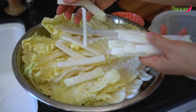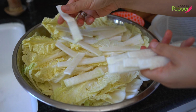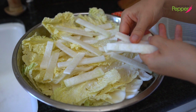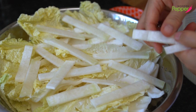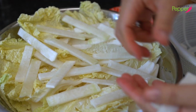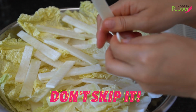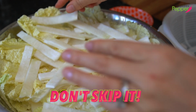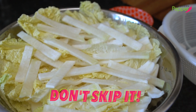And then we're gonna layer the top with our Korean radish. So I cannot emphasize the importance of adding your radish when you make kimchi. A lot of people skip it. If you want your kimchi to taste refreshing, delicious, the way it's supposed to taste, you cannot skip adding the radish. You don't have to eat it, but add it so that it really enhances the taste of your kimchi